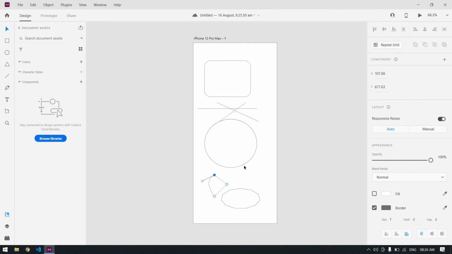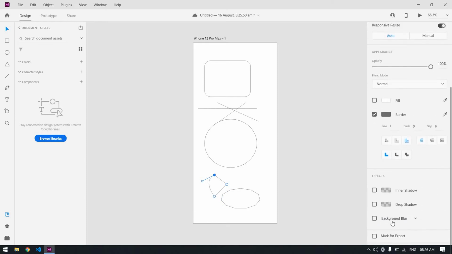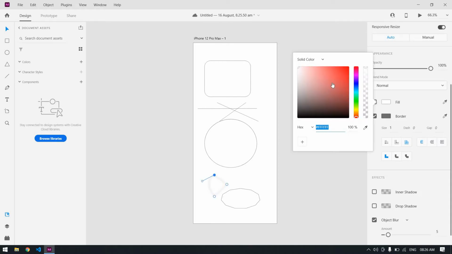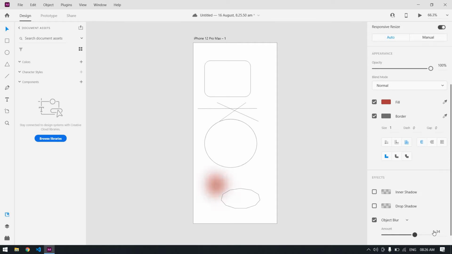You can use this as a shadow also, a shadow of any object. Select the background color into object blur, first you need to change the color of this, and after that I'm going to change the blurriness. You can use it like that.